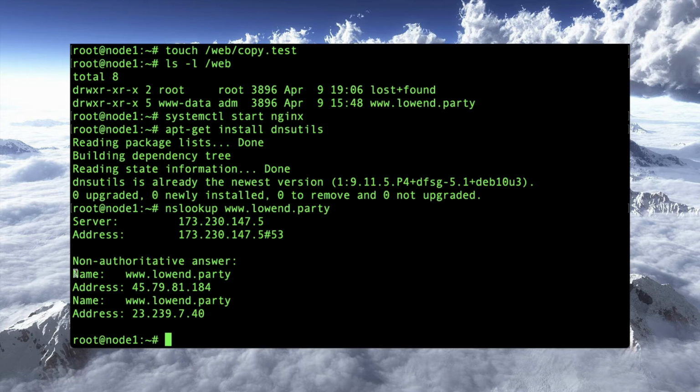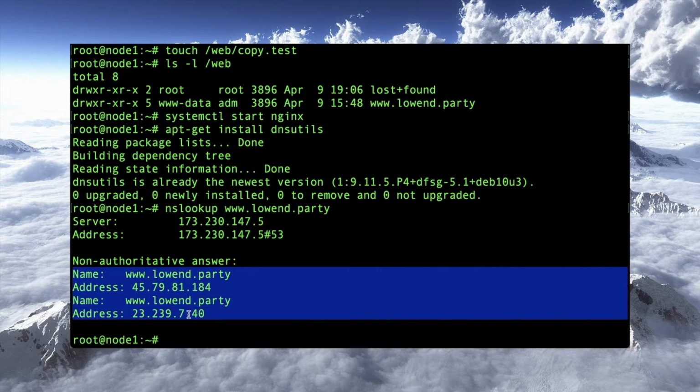We've got the name twice and two different answers. That's the query that your web browser will send, and that's the answer it'll get back. It'll get back both addresses, and that will tell the web browser, hey, I can go to either 45.79.81.184 or 23.239.7.40, which is respectively node1 and node2.lowend.party. I can go to either one of those and get